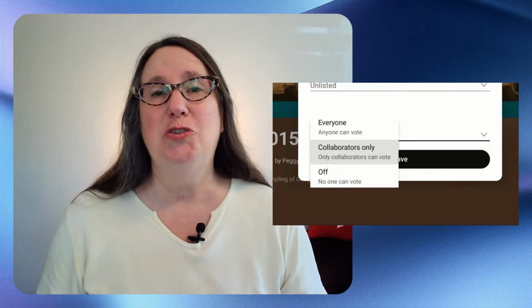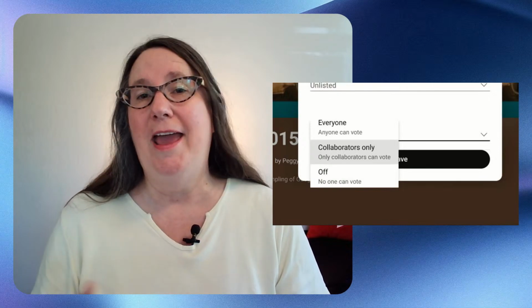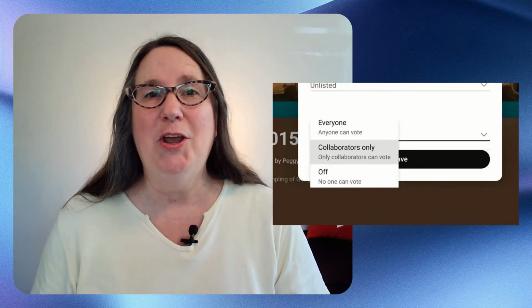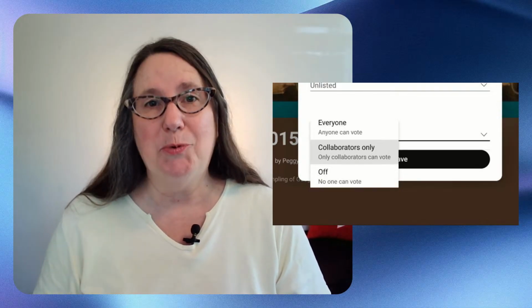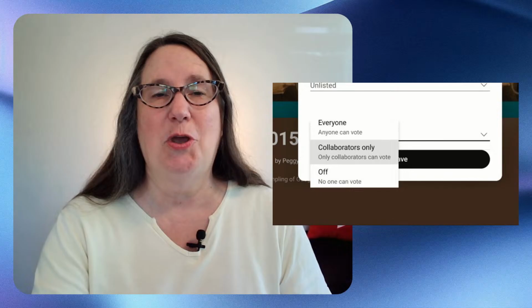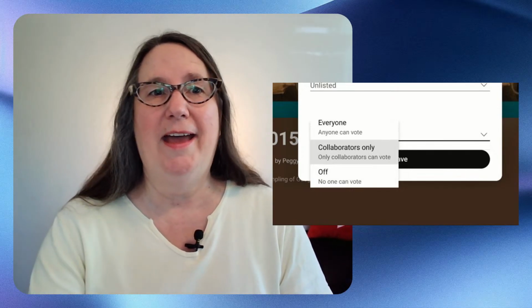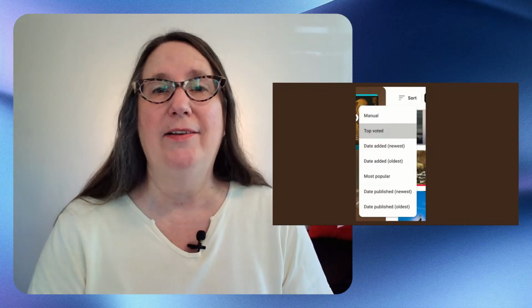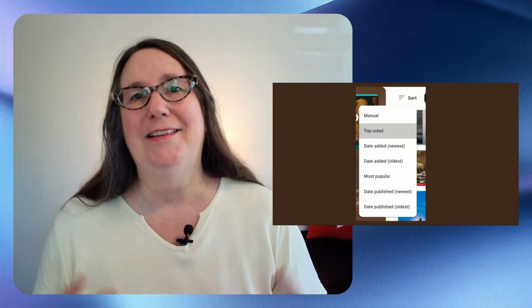Then you can choose whether to have voting turned on or off. If voting is on, you can either have everyone vote or limit it to collaborators on the playlist. Just a note that if you have collaborative playlists already, voting is already turned on by default.